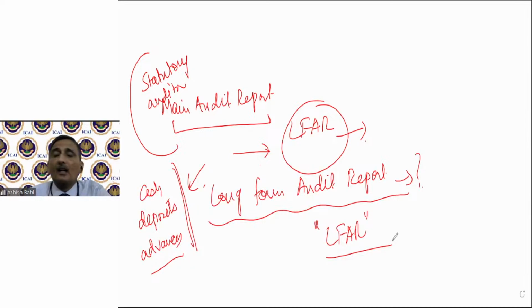This report, long form audit report, is given by branch auditors, and consolidation takes place at the central level. Statutory central auditors, after considering the comments of the branch auditors, give their report. They also summarize their comments in long form audit report. Okay. So guys, is the point clear to you?